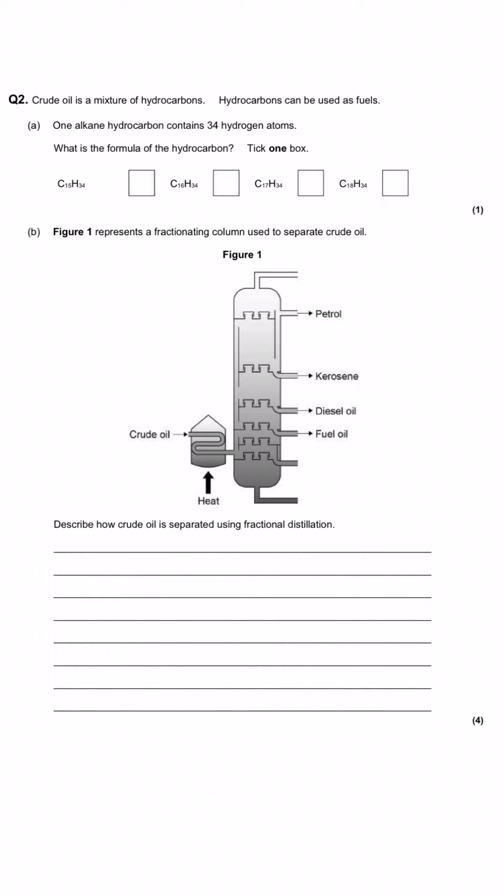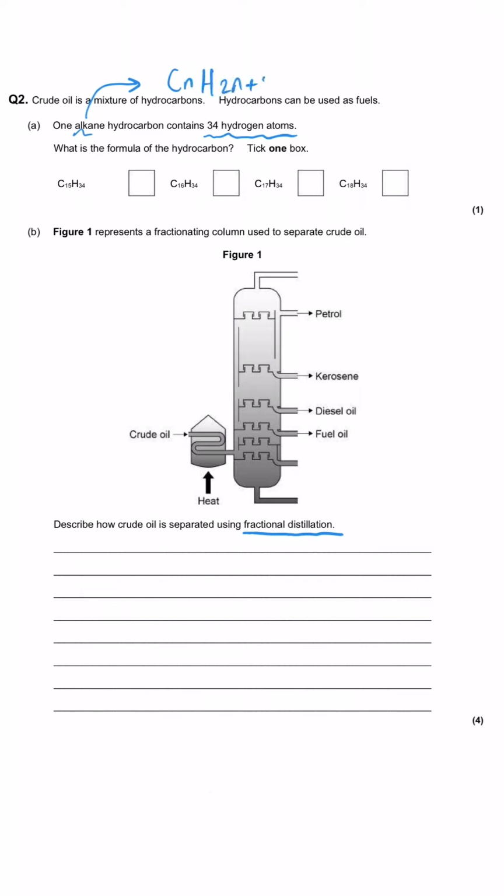This next question begins by looking at another aspect of oil refining, and that's to do with fractional distillation, and we can see it spelt out down there. The very first part of the question asks us to work out what the formula is of a particular hydrocarbon that has got 34 hydrogen atoms in it. Now, we're told it's an alkane, and remember they only have single bonds, and the general formula for an alkane is